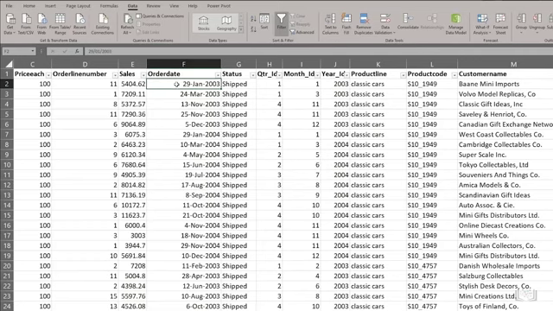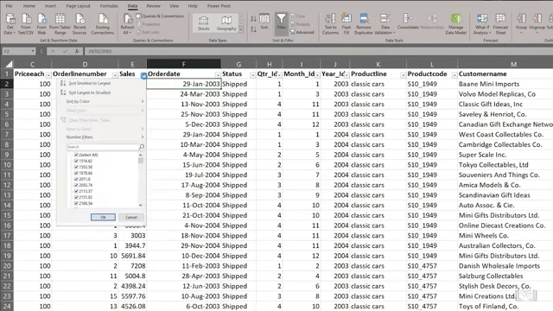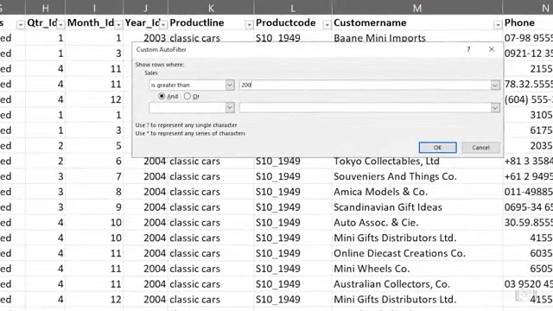So far, we've used what are commonly referred to as auto filters, but you can also use custom filters to specify other criteria to apply to a filter to text or numbers. For example, if you wanted to see sales orders that are over or under a certain value, you can do that with custom filters. For the sales column, let's add a number filter that only displays sales that are over